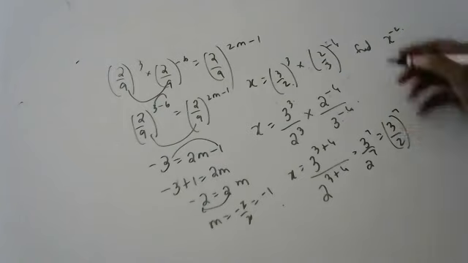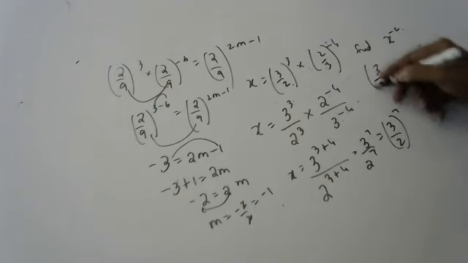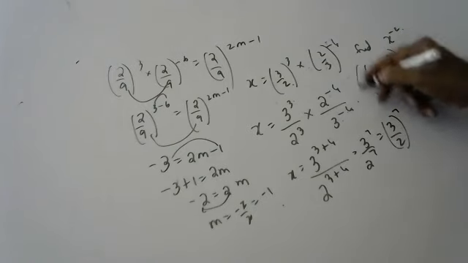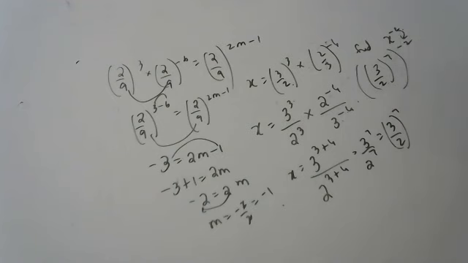Now this is x. 3 by 2 whole to the power of 7 whole to the power of minus 2 we should find out. How much? 3 by 2 whole power minus 14. Then remove the minus: 2 by 3 whole power 14. Fantastic. Very good boy. Like this we should do.